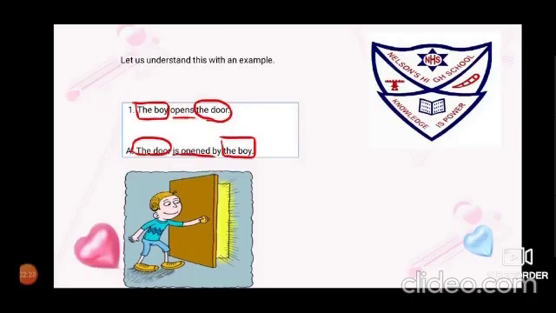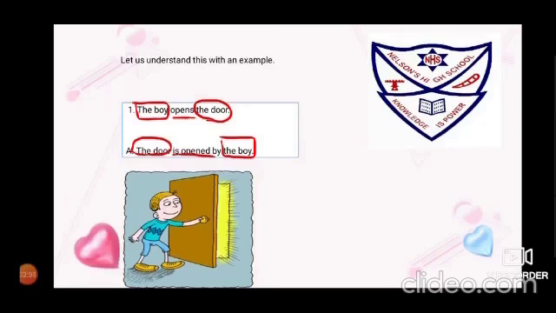Now, as you have underlined or highlighted the subject, the verb, and the object, the next thing is to bring the object ahead. So the door. Now, which is the verb? Opens. It is simple present, so am, is, are is to be used. All these details will be given in the next presentation. This is just a demo. So it will be the door is opened. Is, why? Because it is the door. So the door is opened by, then you take the subject at the last, the boy. So the door is opened by the boy.